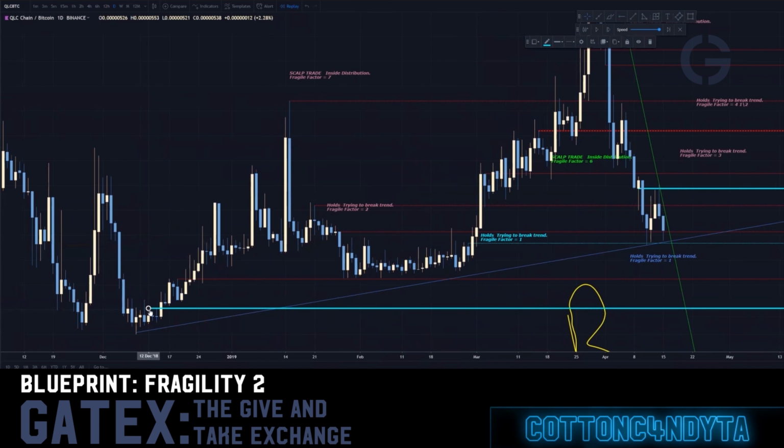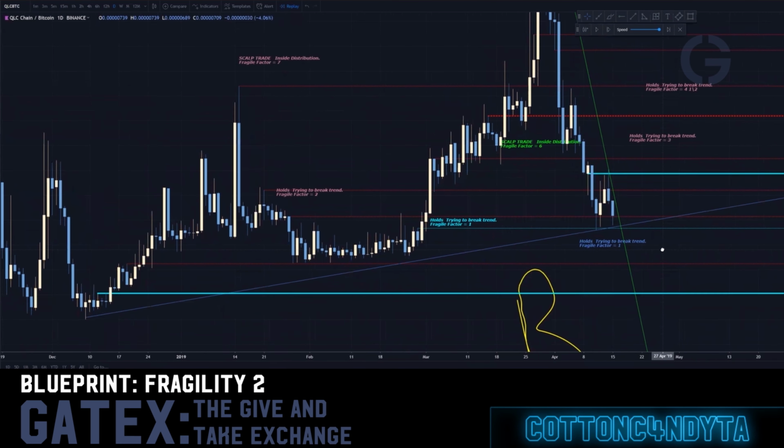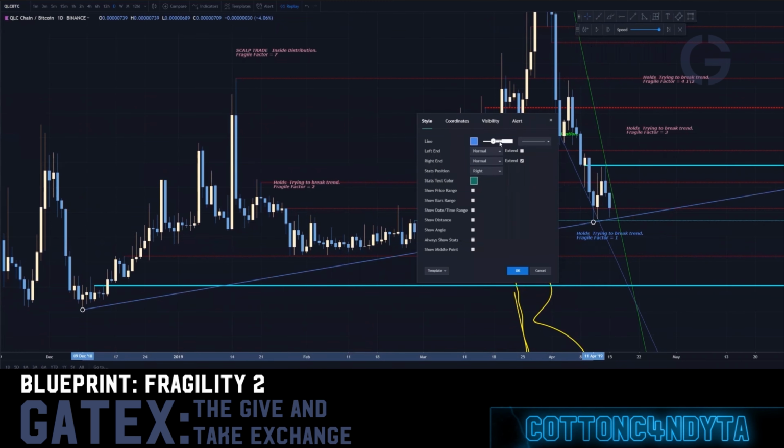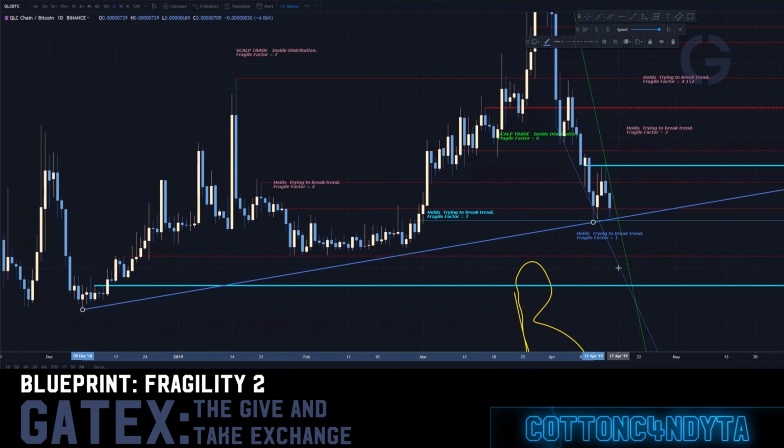And a rebuy spot, a really good one, looks like right here. So this is a potential rebuy spot as well. Or on the backside of this trend right here, right? On the backside of this trend becomes 2. So we're going to make this one a little thicker right there. And then we'll make this one,